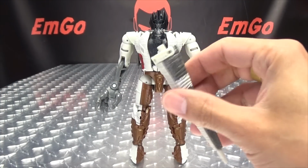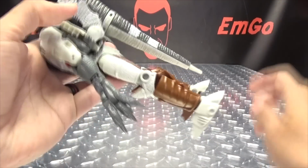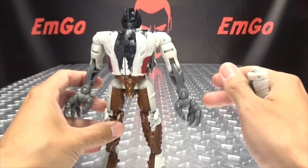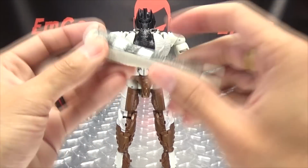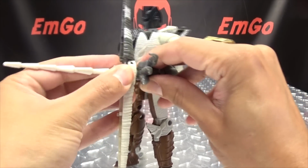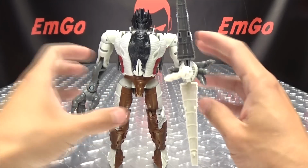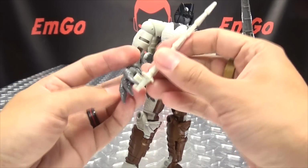Now, as far as the tail goes, if you want to, you can just leave it right back there for storage. Hey, you can do that if you want to, but you can wield this as a weapon. We can open the hand up, and we can open this up like so. Plug that into his hands, and we can have that going on if you want to, or we can remove this part and plug this into his other hand,